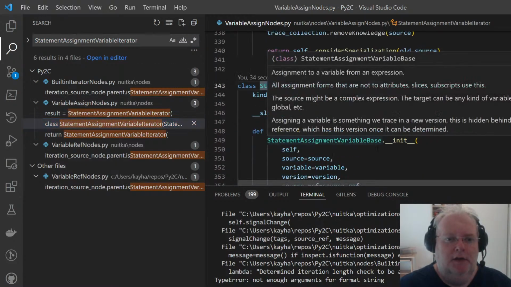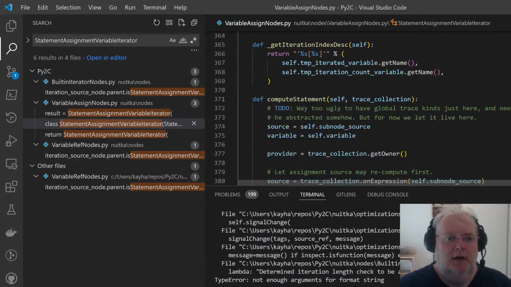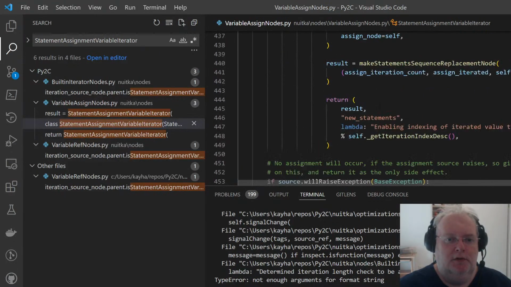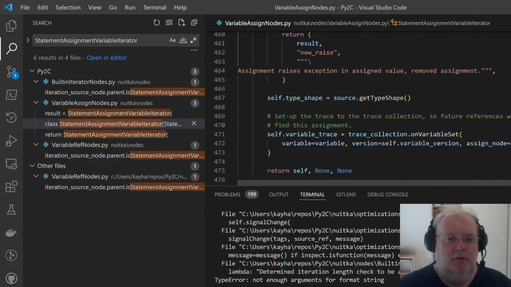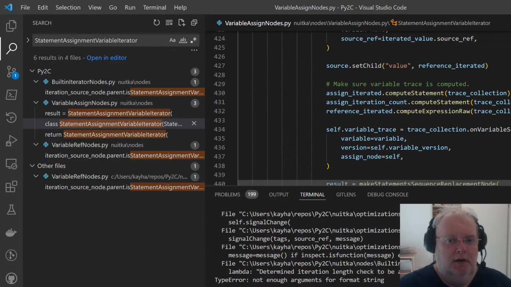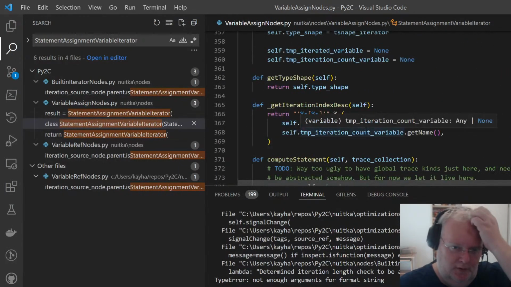I created a statement that has a specialization, that its argument is an iterator, and then I do not do all the things. I just care for the iteration, but I do not care for, let's say, variables, things that only make sense with variables and constants and so on.